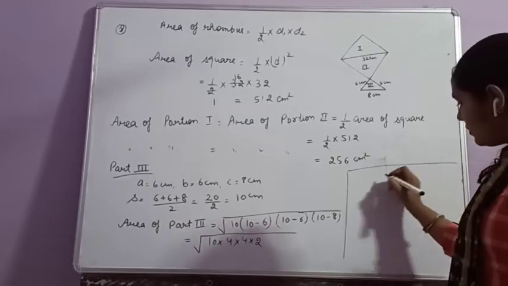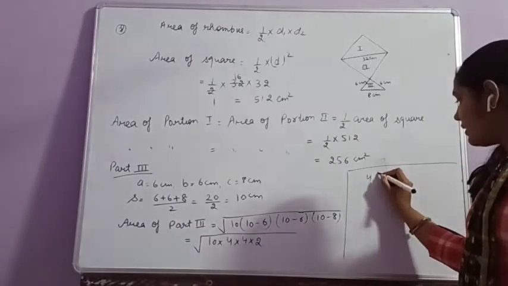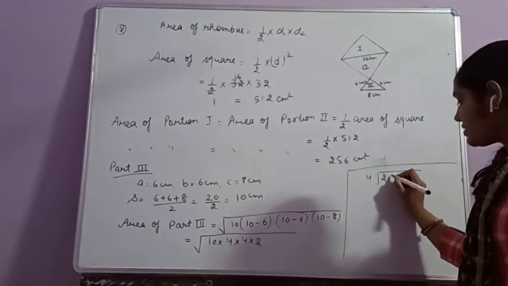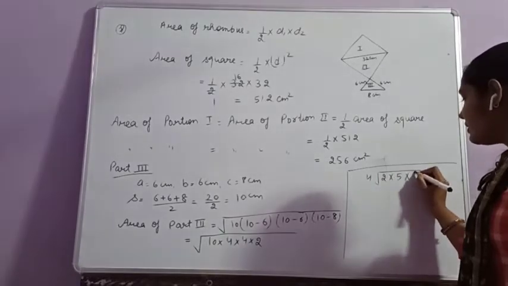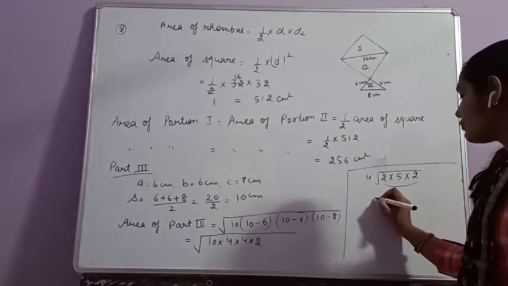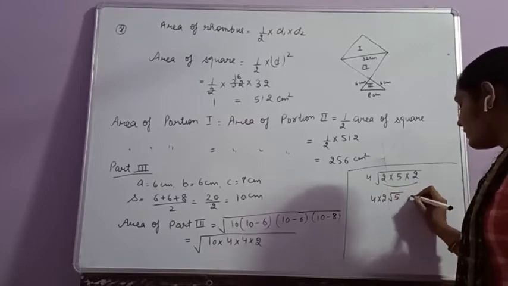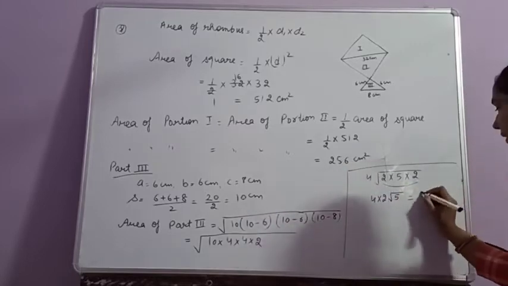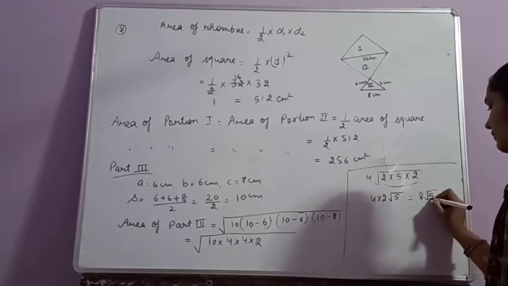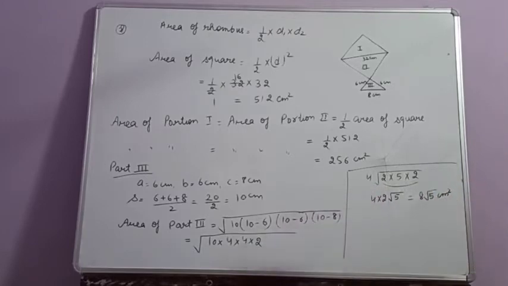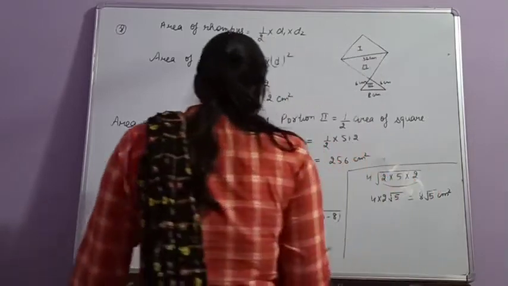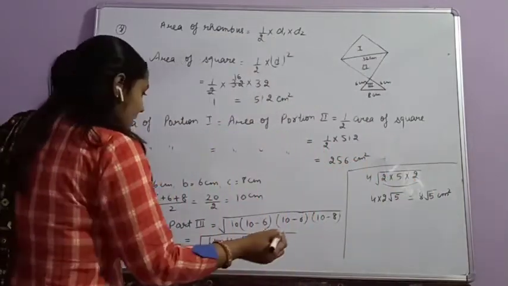That is equal to 4 square root. 10 can be written as 2 multiply with 5 multiply with 2. One pair of 2 is also formed. 4 into 2 square root of 5. That is equal to 8 square root of 5 square centimeter. We can calculate value of square root 5 and put here. That is equal to